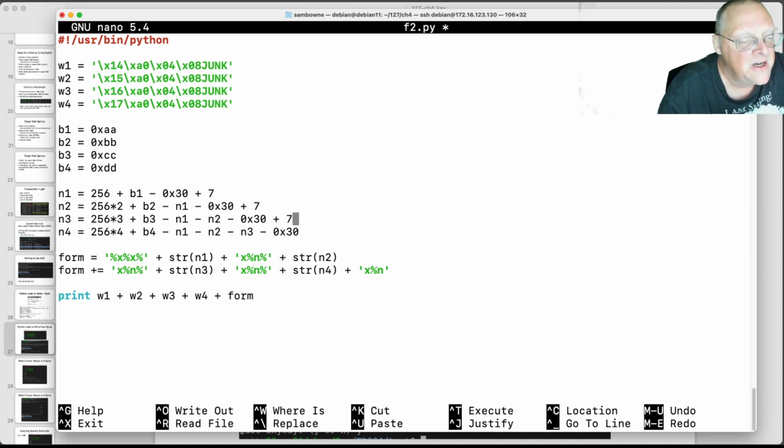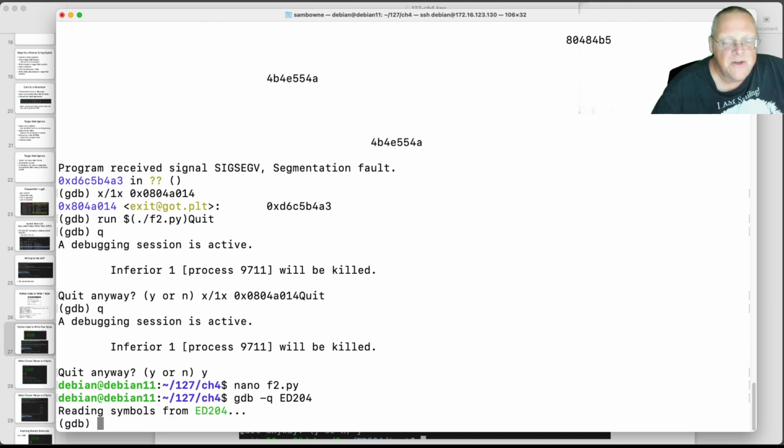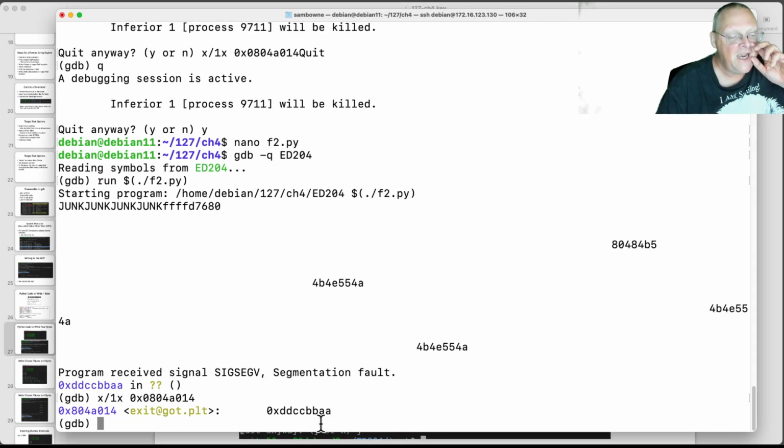This is where I'm not sure I'm exactly right. We're going to see. Let's see what that does. Run this and run it with the F2. That looks good. AA, BB, CC, DD. Good. That ended in the instruction pointer, so I know it worked. And if I examine that value here, there it is. AA, BB, CC, DD. So now I have a program that can write any address I want there.